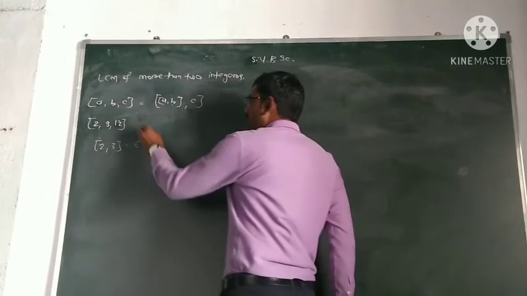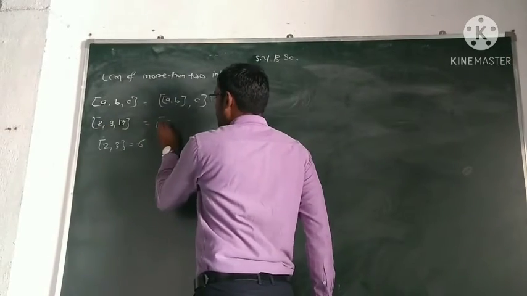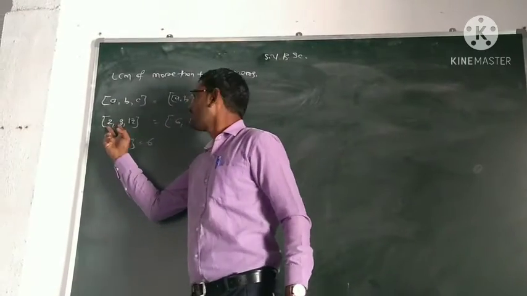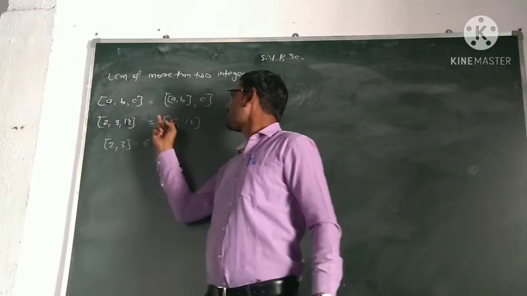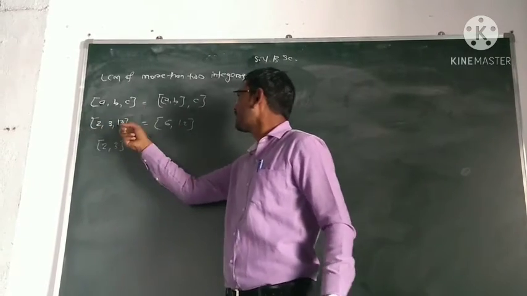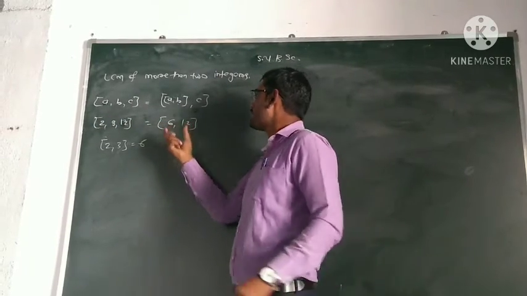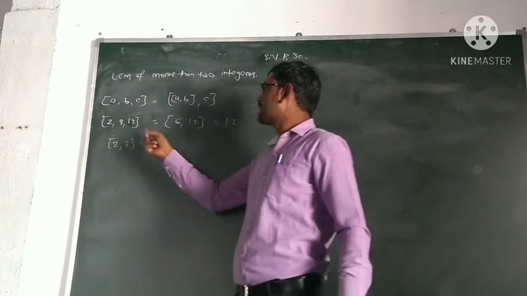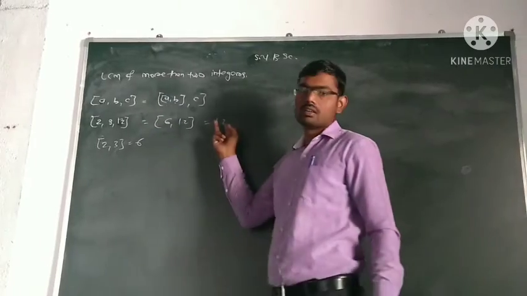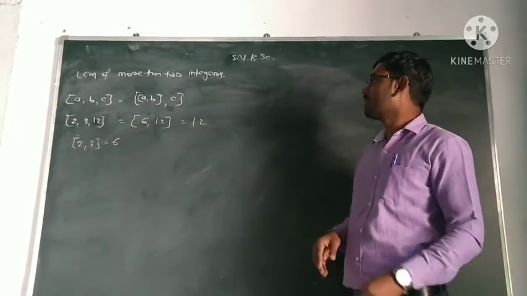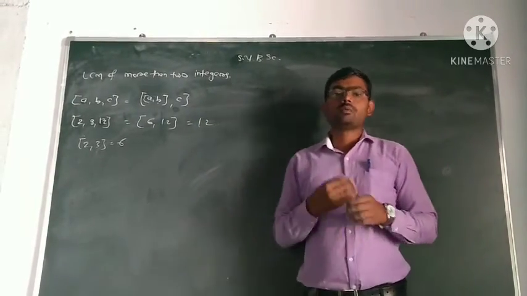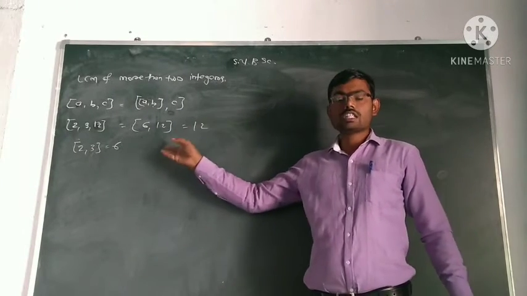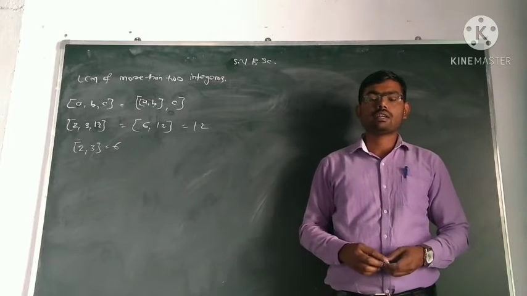Okay. So this LCM is equal to the LCM of 6 and 12. Why? Because 6 is the LCM of 2 and 3. So the LCM of 2 and 3 is 6, and then the LCM of 6 with the remaining integer 12, and their LCM is 12. So the LCM of 2, 3 and 12 is 12. This is the method of finding the LCM of more than 2 integers. So using this property, we will solve some examples or theorems.